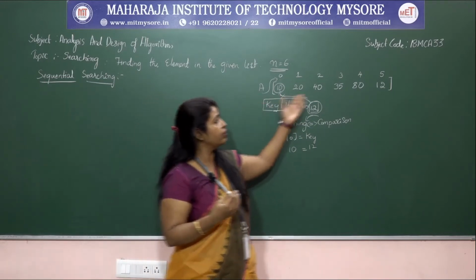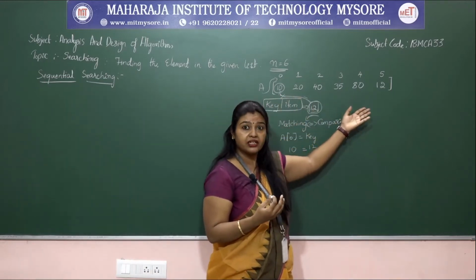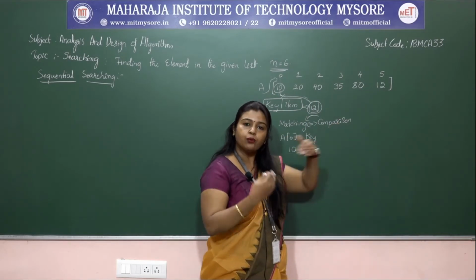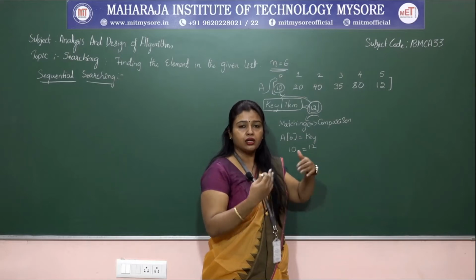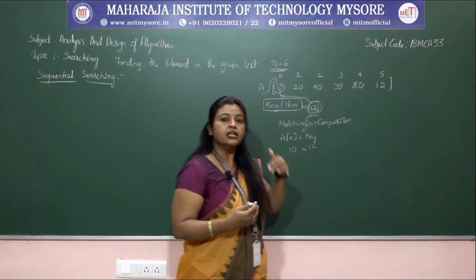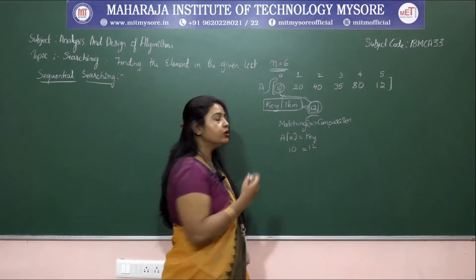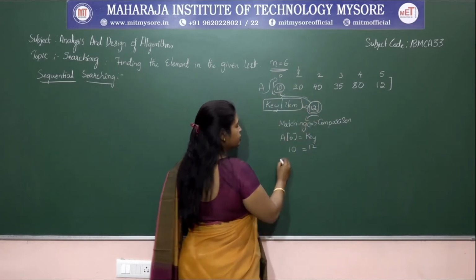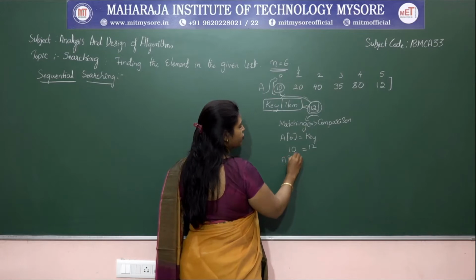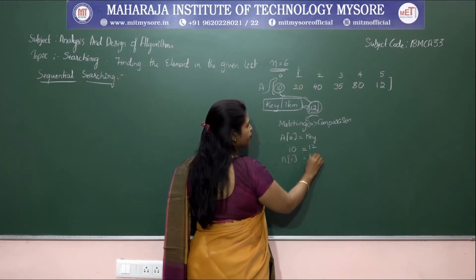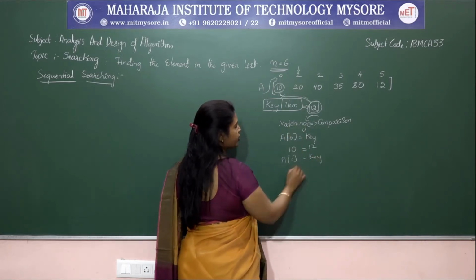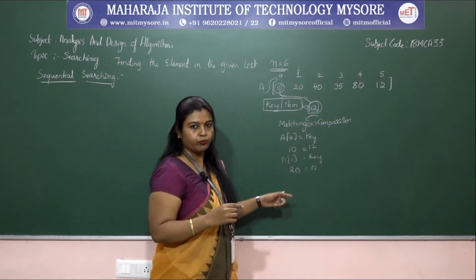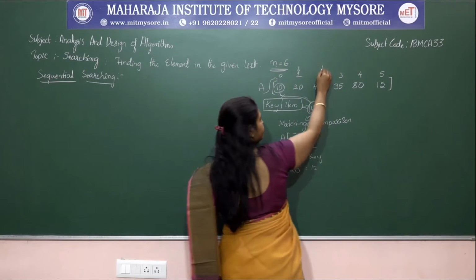If it is false, what happens? You have n elements, n minus 1 remaining in the array. So now what do I have to do? I have to keep on checking the elements, so the searching process continues. Again the position will change. I am going to check a of 1 with key. What is a of 1? 20 with 12. Is it matching? No. So again the position will change.